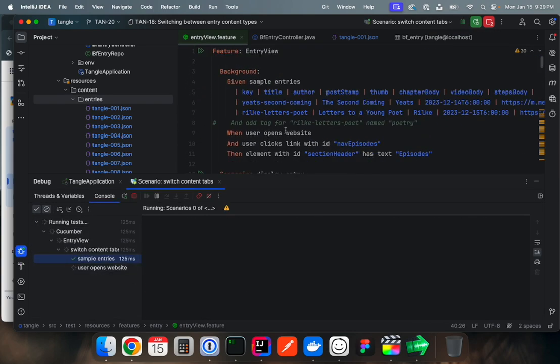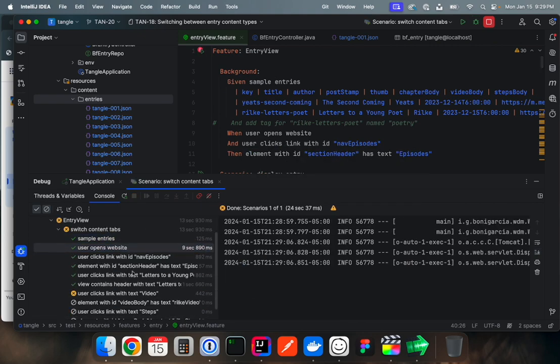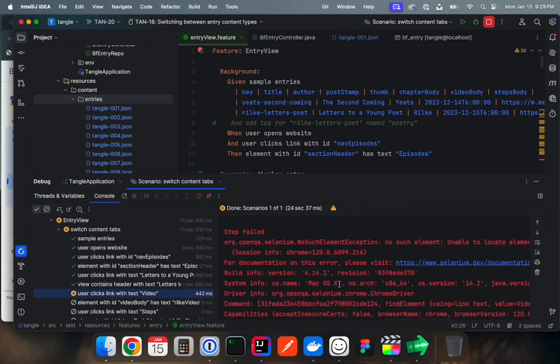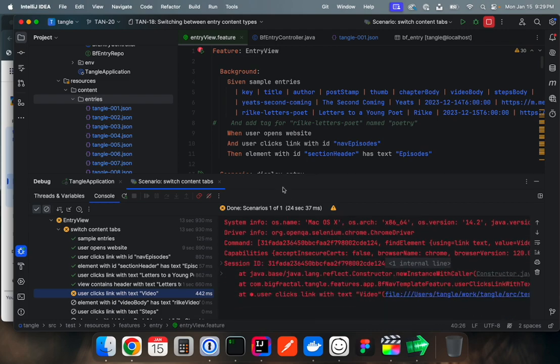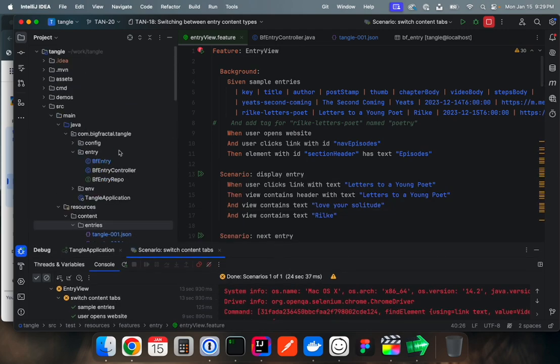The sample entries worked. That's the stuff up here. All right, so this stuff is not surprising. Episodes, section header, letters to a young poet, header, and then user clicks link with text video. This is exactly what we wanted. So there is no link with text video at this point. So the test is red, and next thing to do is change the UI to have